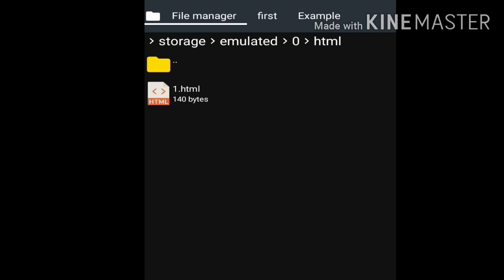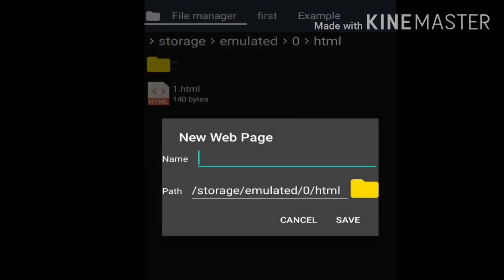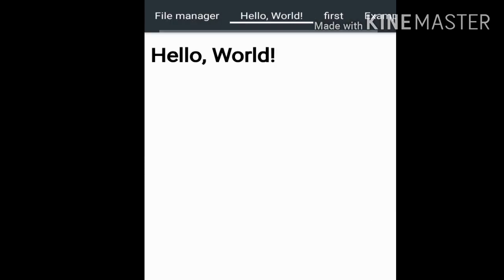So let's start the practical part. See here, this is my HTML editor. You can write HTML code in Notepad or any text editor. First I am going to the option New, then Web Page, then I have to write my file name. Say my file name is a. No need to write the extension, because it is already saved as HTML. Don't enter the file extension because the extension is built in here. Okay, save.